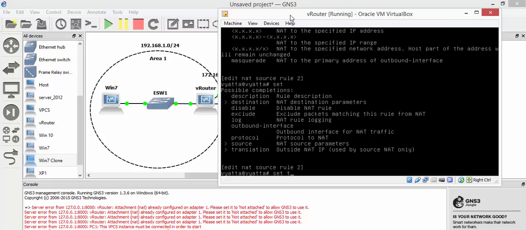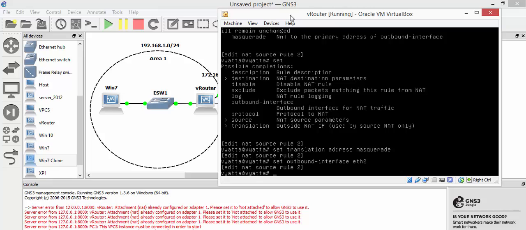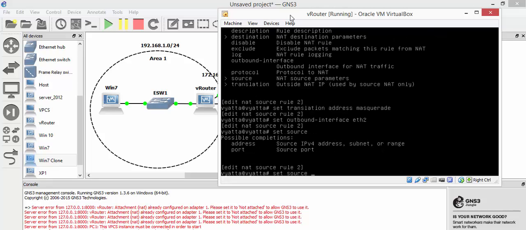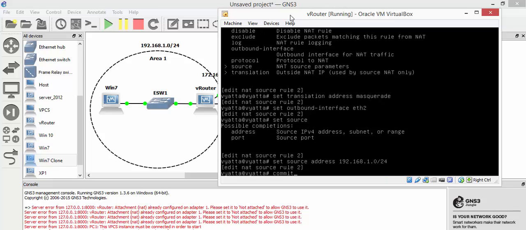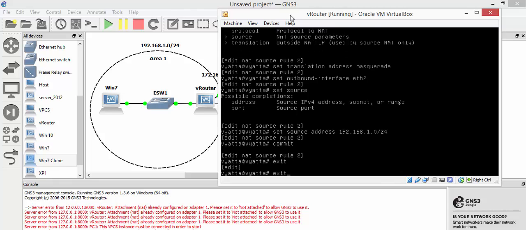Yeah, because we've already set it on Ethernet 1, so we need to do the set translation address, and we'll do the masquerade, and we'll set outbound interface as Ethernet 2, then set the source address as 192.168.1.0/24. Commit that, exit out of that, exit out of that,